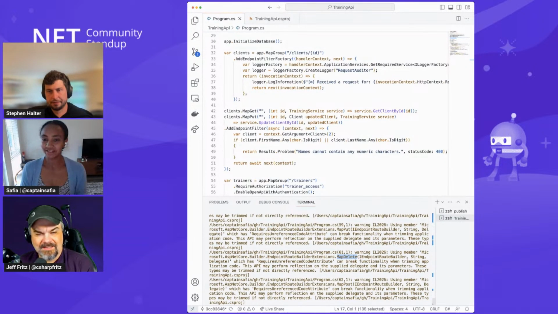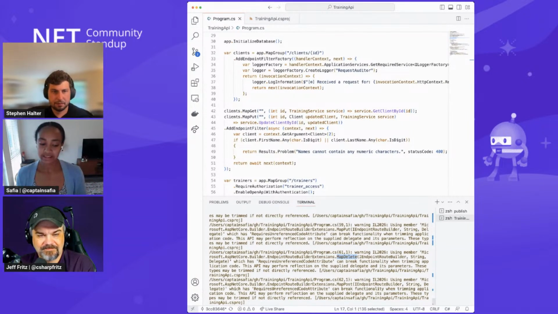Now, one of the challenges with the experience or the implementation that we shipped for minimal APIs in .NET 6 and .NET 7 is that it takes big advantage of reflection and dynamic code generation as part of its functionality.